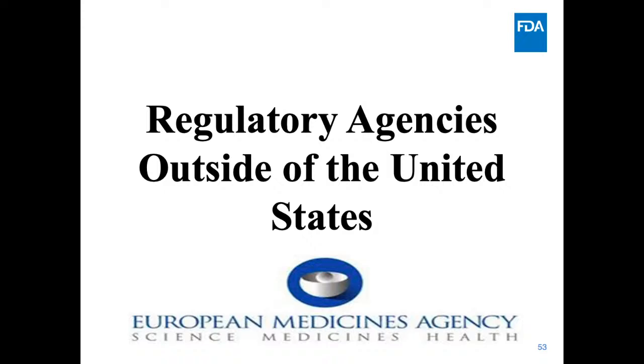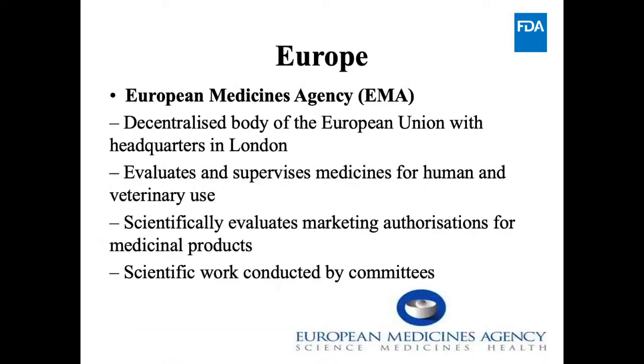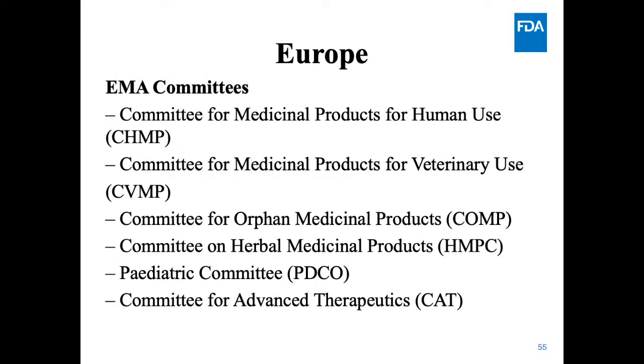In Europe there is the European Medicines Agency, EMA. The EMA is a decentralized body of the European Union with headquarters in London. It evaluates and supervises medicines for human and veterinary use, scientifically evaluates marketing authorization for medicinal products, and carries out scientific work conducted by the committees. The EMA committees are the Committee for Medicinal Products for Human Use, the Committee for Medicinal Products for Veterinary Use, the Committee for Orphan Medicinal Products, COMP, the Committee on Herbal Medicinal Products, HMPC, the Pediatric Committee, and the Committee for Advanced Therapies,